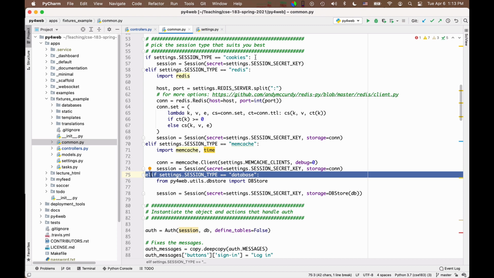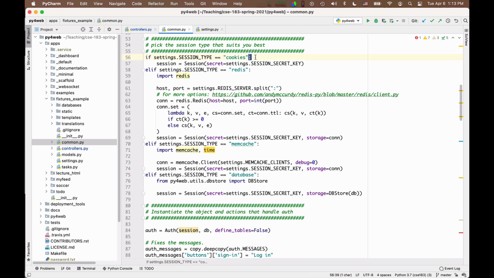One idea is to keep the session simply stored in the cookie itself, so that instead of using the cookie to look up the session, the cookie itself contains the session encrypted. You encrypt it so that the user cannot tamper with it. You encrypt and sign it. This is done automatically by Py4Web for you.